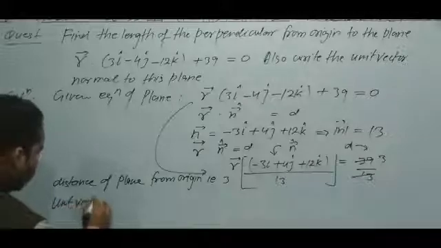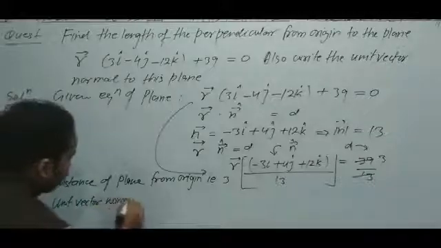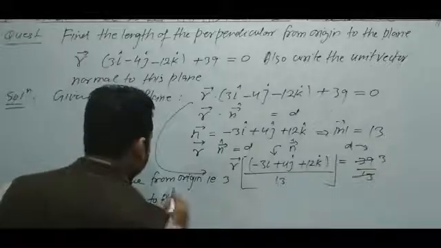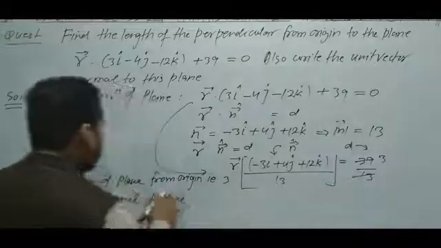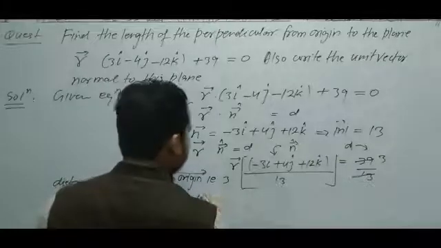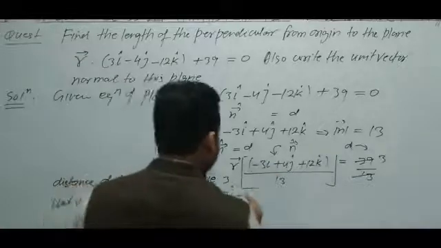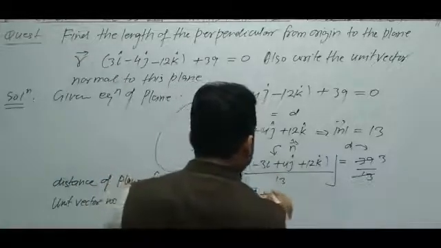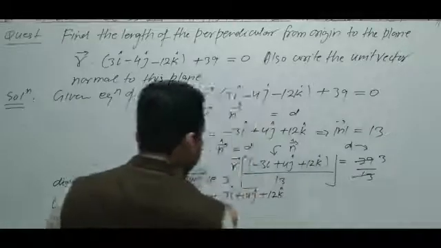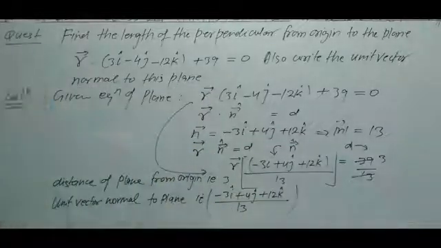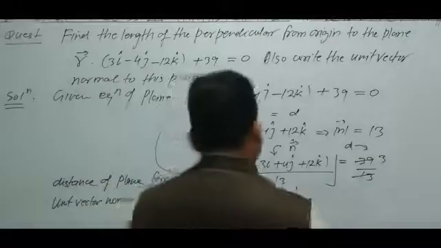Unit vector normal to plane, that is this result: minus 3i vector plus 4j vector plus 12k vector whole upon 13. So this is the unit vector normal to the plane, and we can write also